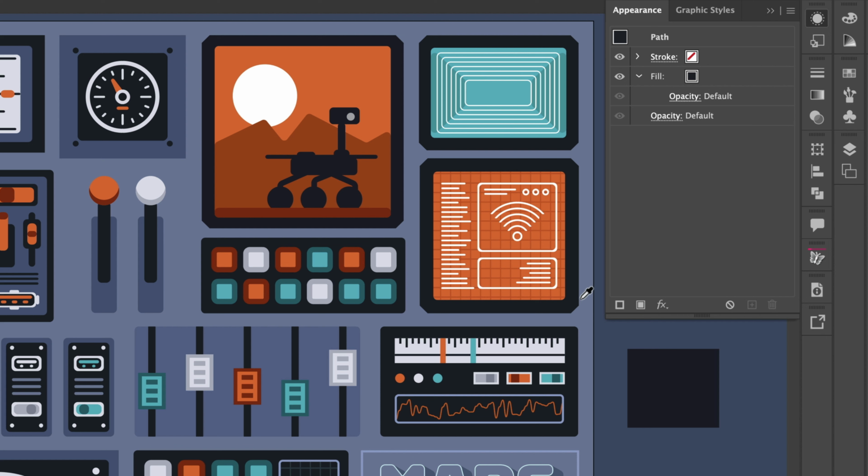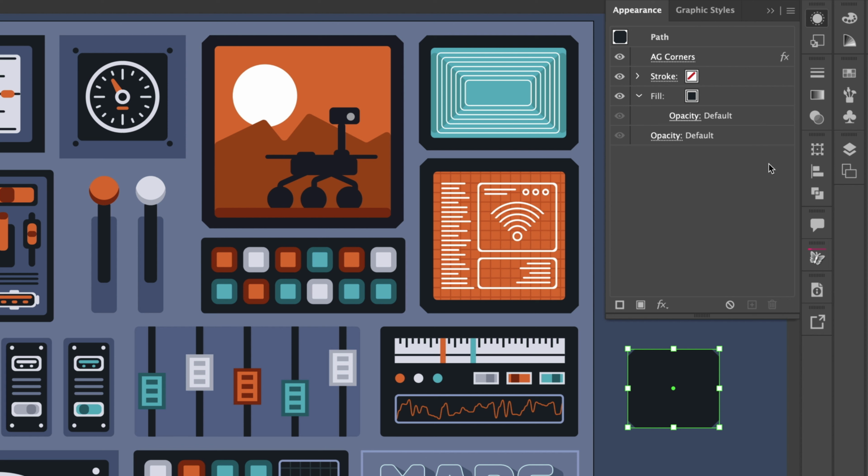I'll use my eyedropper tool and sample that effect from my artwork. And as we can see in the Appearance panel, the AG Corners effect is now applied to this rectangle. But I'm going to create something called an additive graphic style, which is basically a style that allows you to add something on top of another appearance.